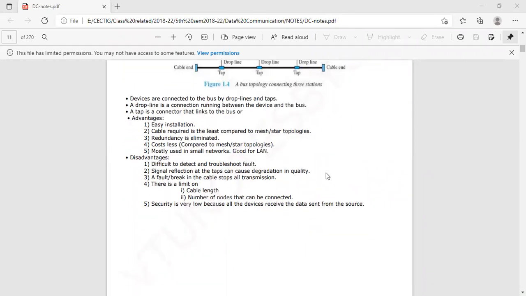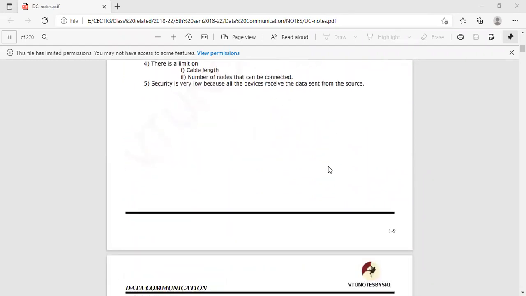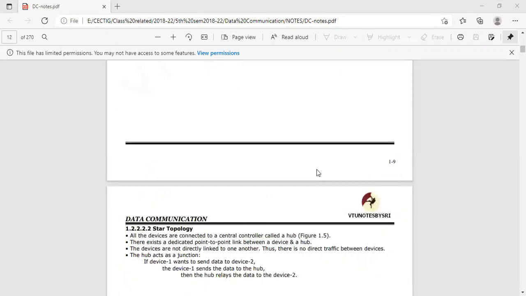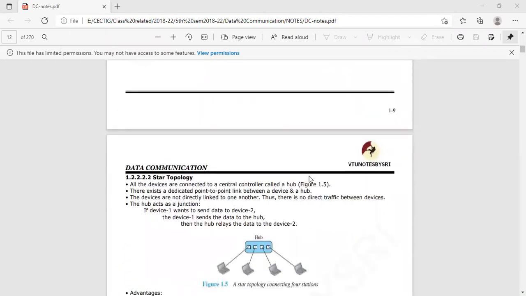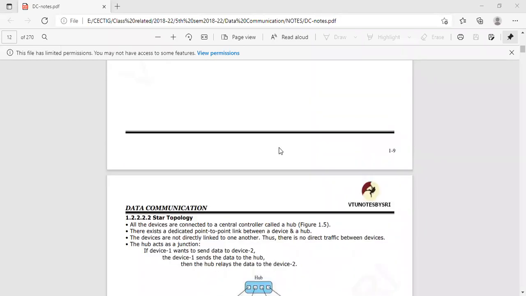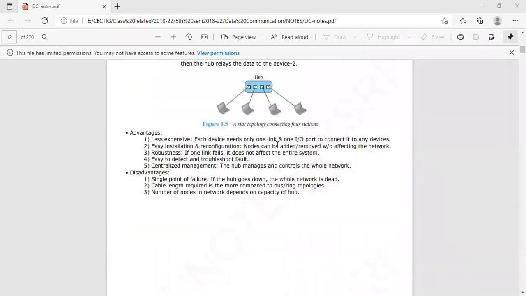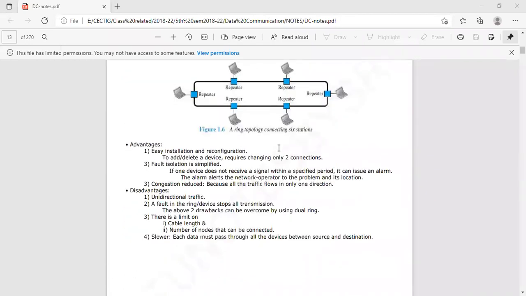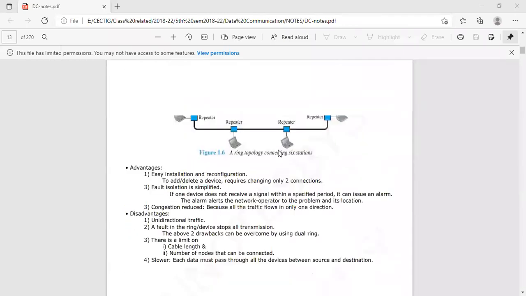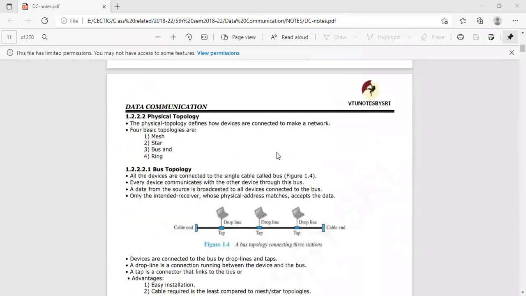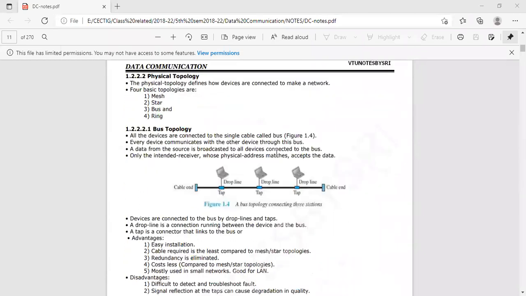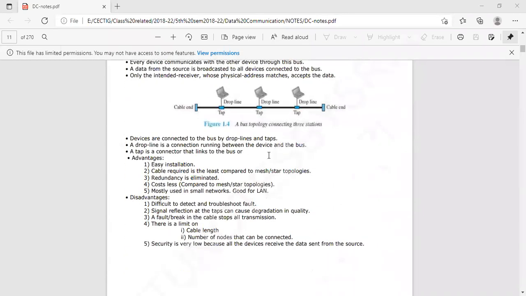So bus topology works in a small area and is fine, but if there is a fault in the main bus, then there is a problem, and we need to look into it and take care of it, right? Up to this particular topic we are going to stop today. In my next class we are going to discuss star, mesh, and ring topology. Up to bus topology is what we have discussed.